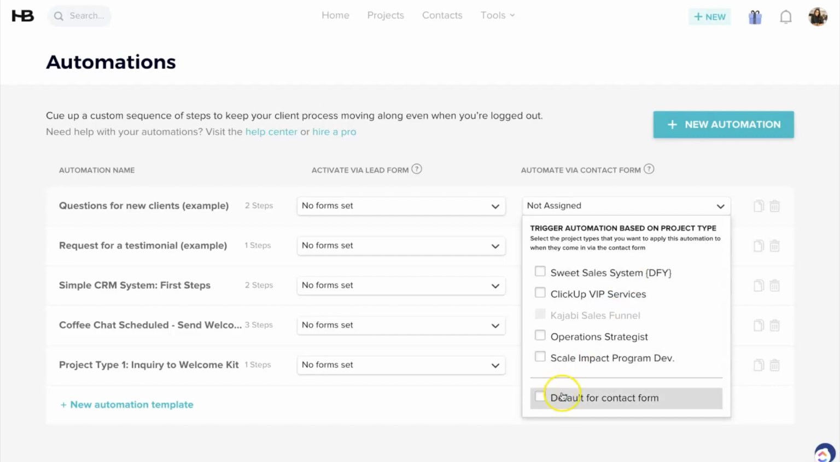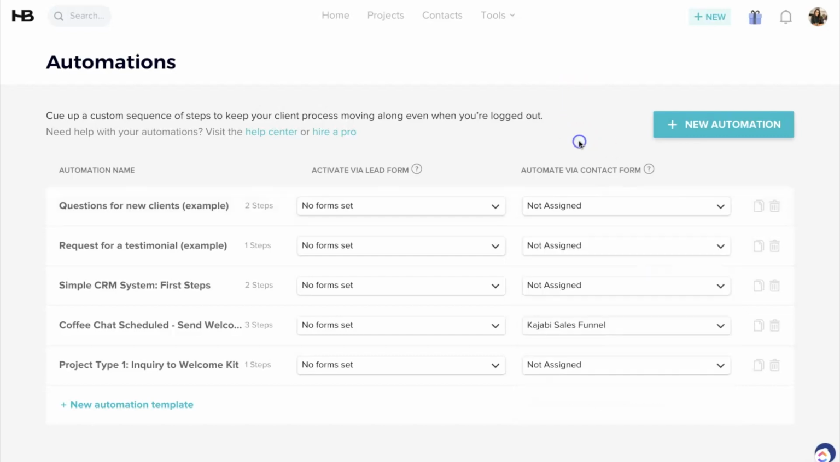There's also just a default contact form. So if we haven't decided, or the lead hasn't decided, or you haven't decided which project type this lead needs, then they can just fill out a basic contact form. We still want them to fill out that form so that we can trigger other automations through that form. So again, the 2 different activation points for automations in HoneyBook are lead or contact forms. I'm using that as